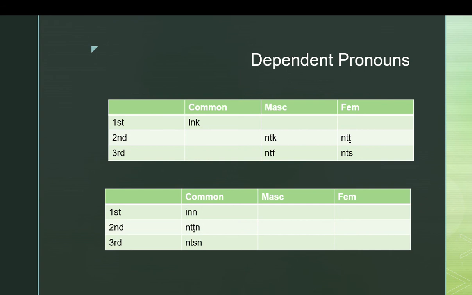All the singulars are the word net with the suffix pronoun attached. Netek, netech, netef, netes. And the plural ones are something else. They're also not common. Especially the second plural, very rare. You would not see